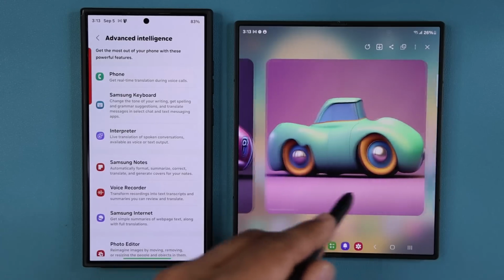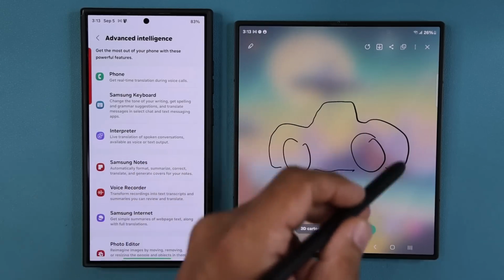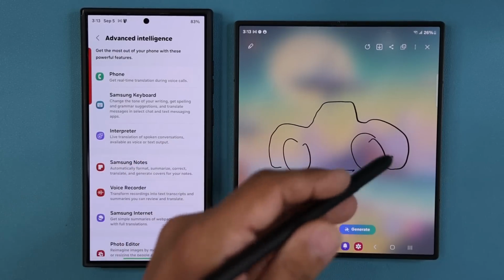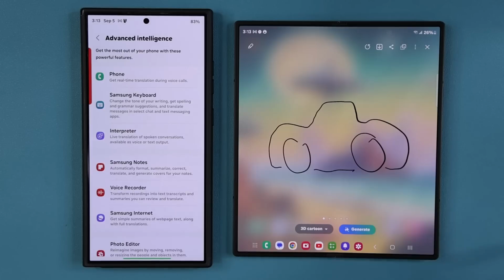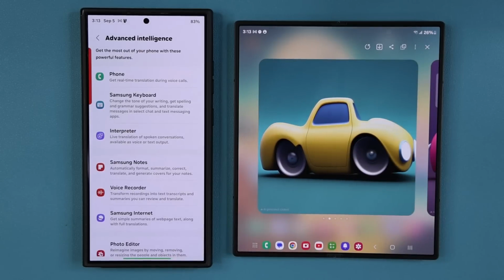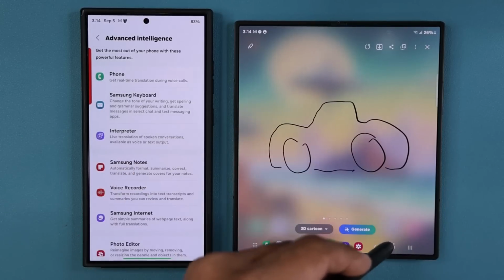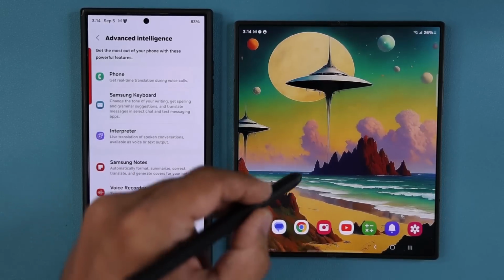Again, this is based on a very low-level drawing that I did, so you can imagine the possibilities. If you draw better, you're going to get better AI results. And I like that because it doesn't exaggerate too much. It tries to stay true to your main basic sketch. So that's great. The other feature is this same feature is going to be available in the Samsung Notes application,